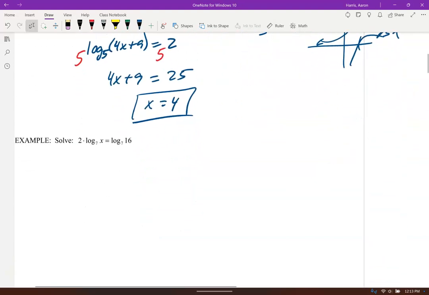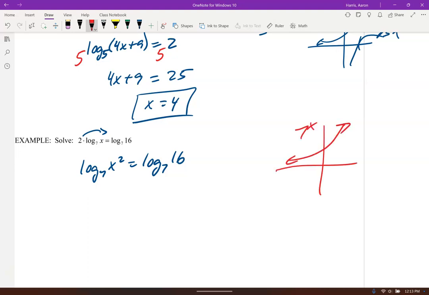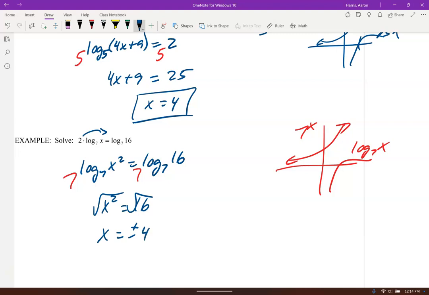All right, let's solve this next one here. I'm going to use the power property. So log base 7 of x squared equals log base 7 of 16. And so this one, you could put it in exponential form if you want to, but the easiest way to do this now is, again, to recognize the inverse of 7 to the x is log base 7 of x. So I'm going to go 7 to this side and 7 to that side, because 7 to the log base 7 of x squared just gives me x squared. And 7 to the log base 7 of 16 gives me 16. Now, when you solve this, notice I'm going to have plus or minus 4 here. So you got to be careful with these,